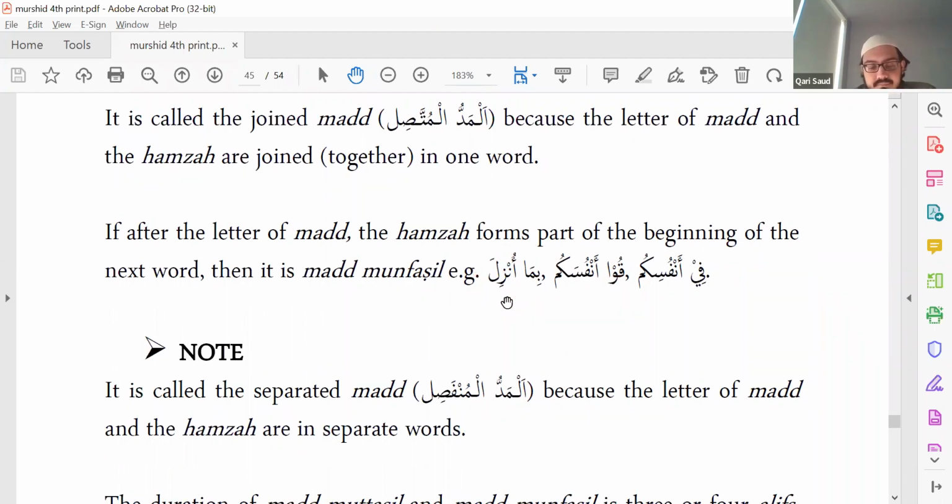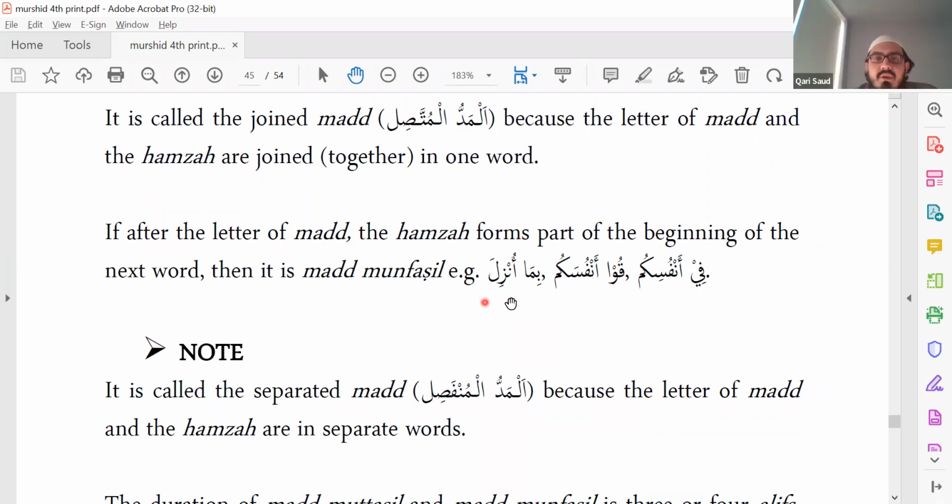Unzila. Elongation, you have to make it longer. Bima, that's fine, that part is done. So we know that we're going to pull it, right? We know it's a mad. But I'm asking, in the word unzila, is there any rule here? So you've got noon sakin. Noon sakin rule. Unzila. Good. So what rule is this? Ikhfa. Ikhfa of noon sakina.